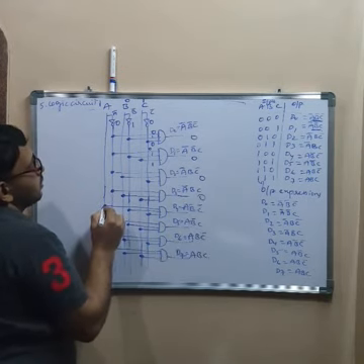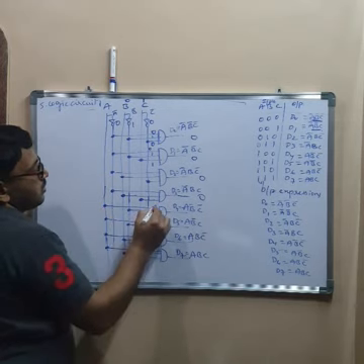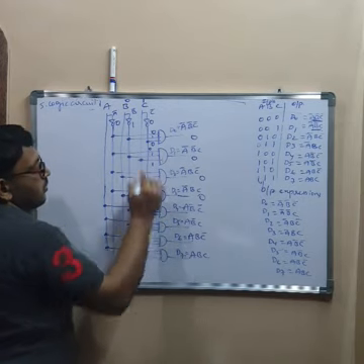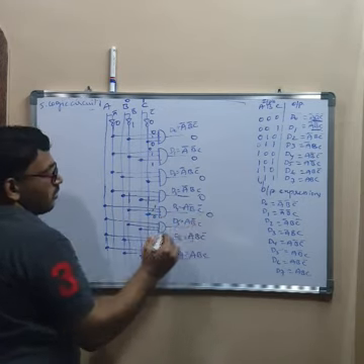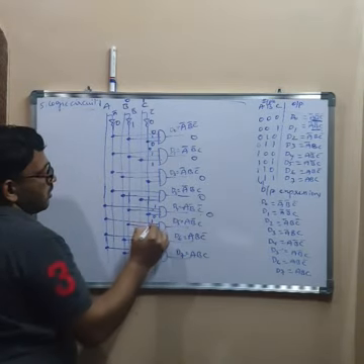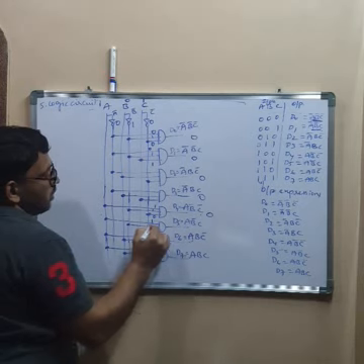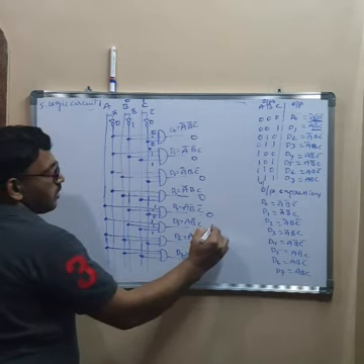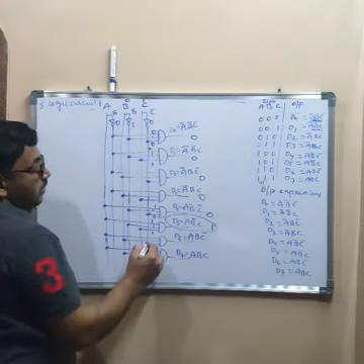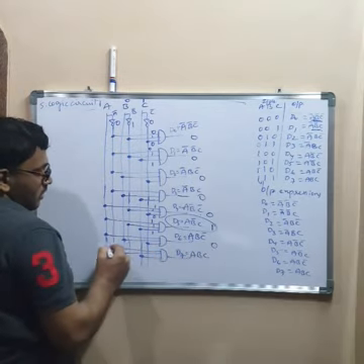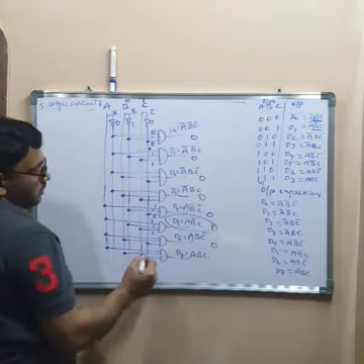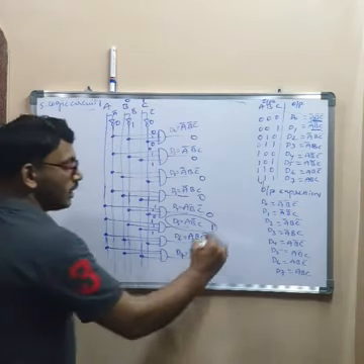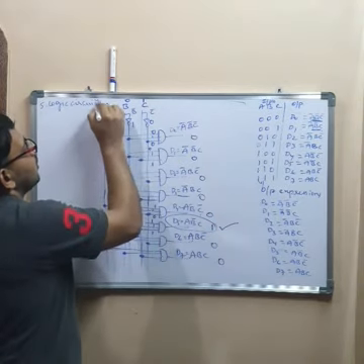This is 1. This is 1. This is 0. This will be 0. Look at this. 1. This is 1. This is 1. 1 1 1. You will get 1. So D5 is selected. 0 is connected to this. This will be 0. Again, you have 0 here. 0 is connected to this. This will be 0. 0 into this will be 0. So only D5 is activated for the applied input